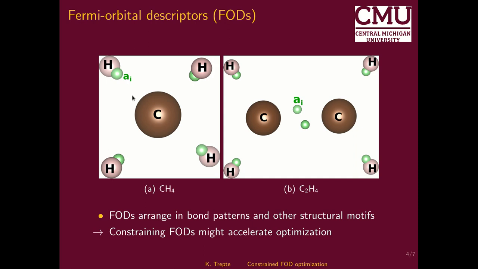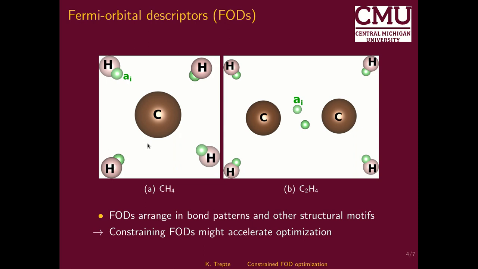We have the atoms, carbon and hydrogen, and then in green, we have the Fermi orbital descriptor position. And as we can see, this position is right in between the carbon and the hydrogen, right on the bond axis, and it describes the localized orbital corresponding to this bond orbital between carbon and hydrogen,